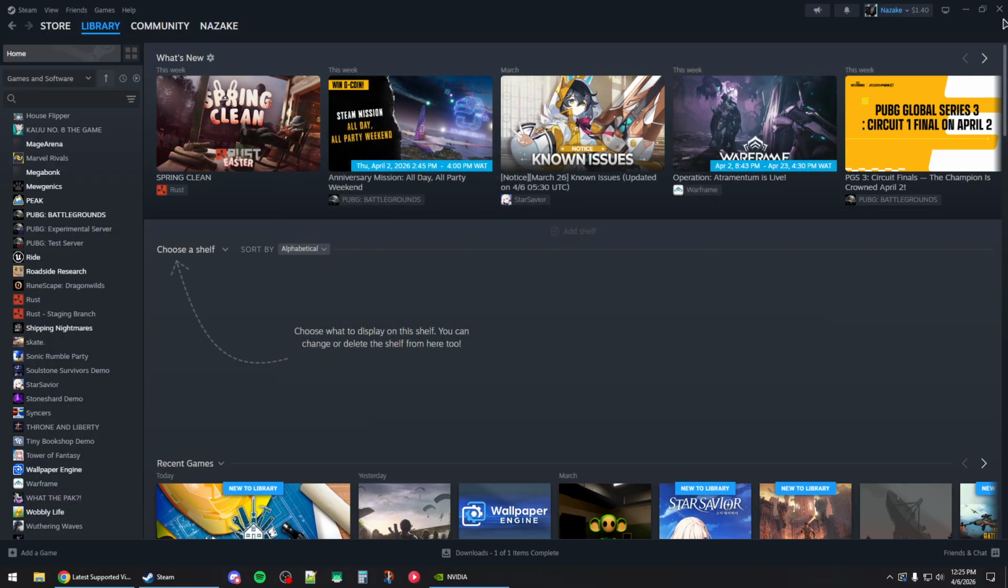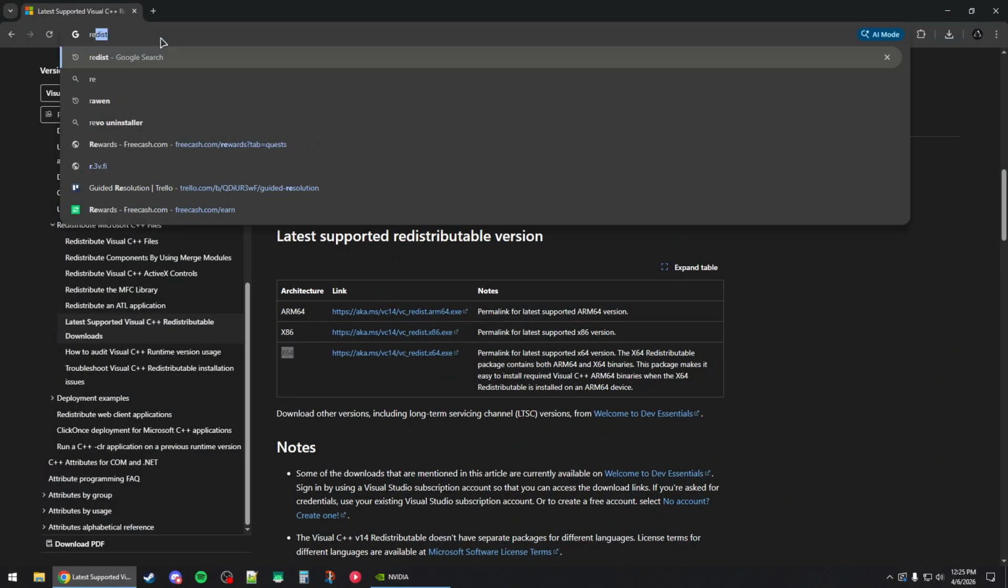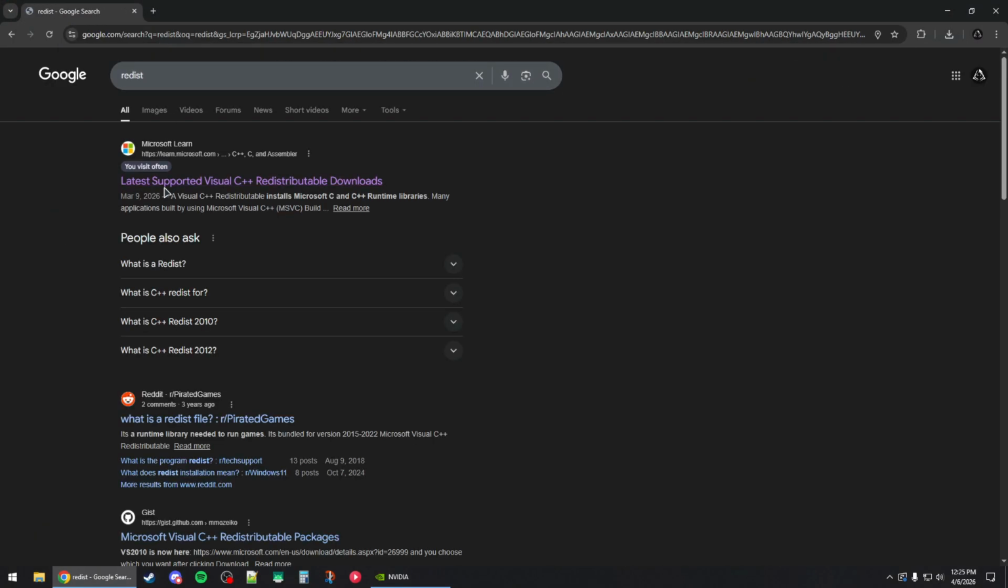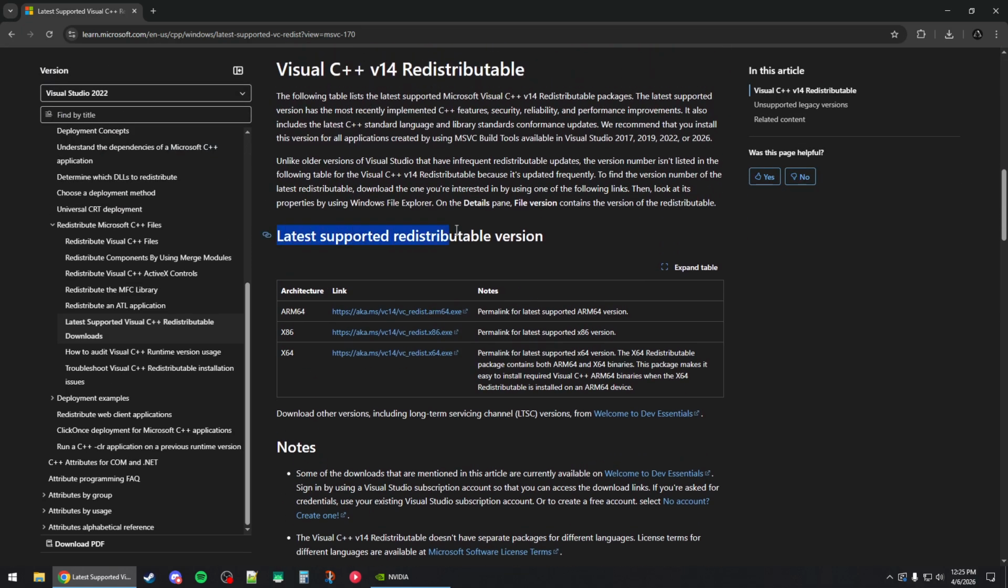Now you can close Steam and open up a new browser tab where you want to search for Redist. And then open up the first link, and from here you want to scroll down to this table, and you'll need to download and install the x86 and the x64 installers of redistributables. Now when you finish the installation, it will likely ask you to restart your computer, and right after the restart